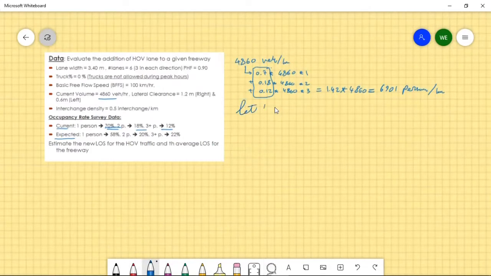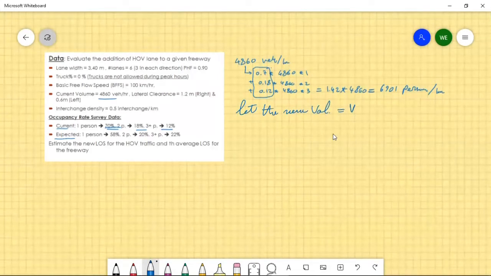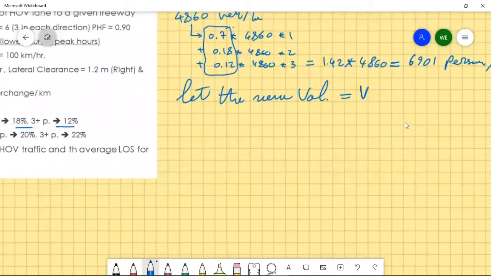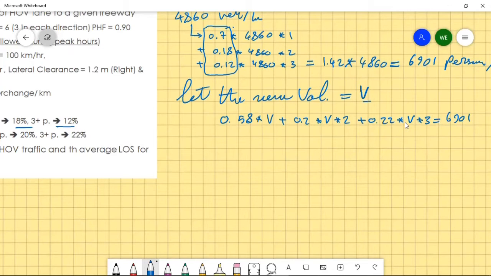Let the new traffic volume equal V. The traffic volume will then be V times 0.58 multiply 1, plus 0.2 multiply V multiply 2, plus 0.22 multiply V multiply 3, equal 6,901. What we are doing now is saying that the new volume will be V, the number of vehicles,